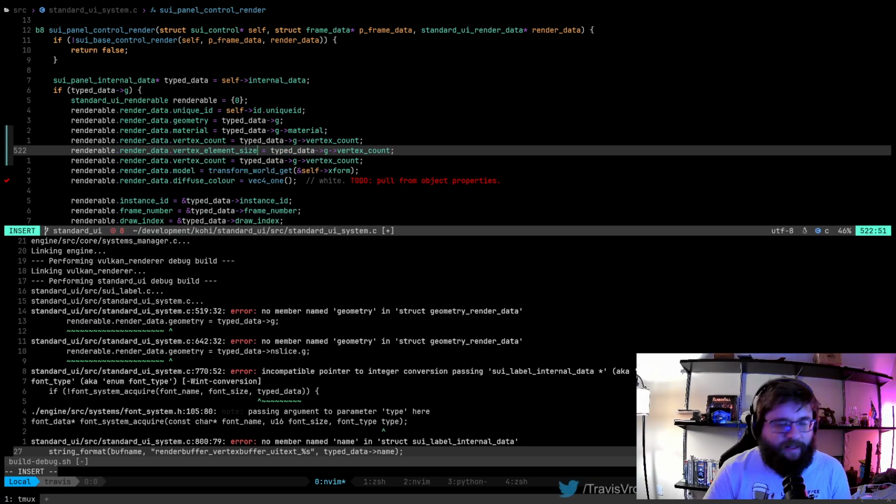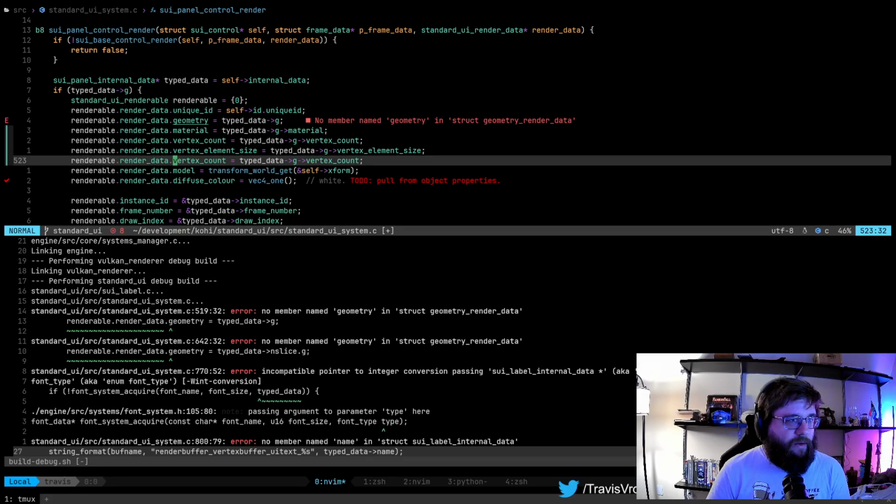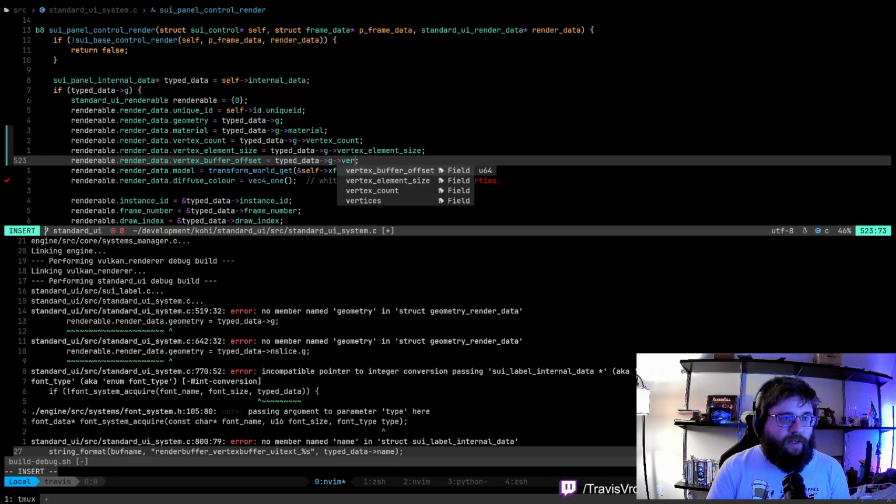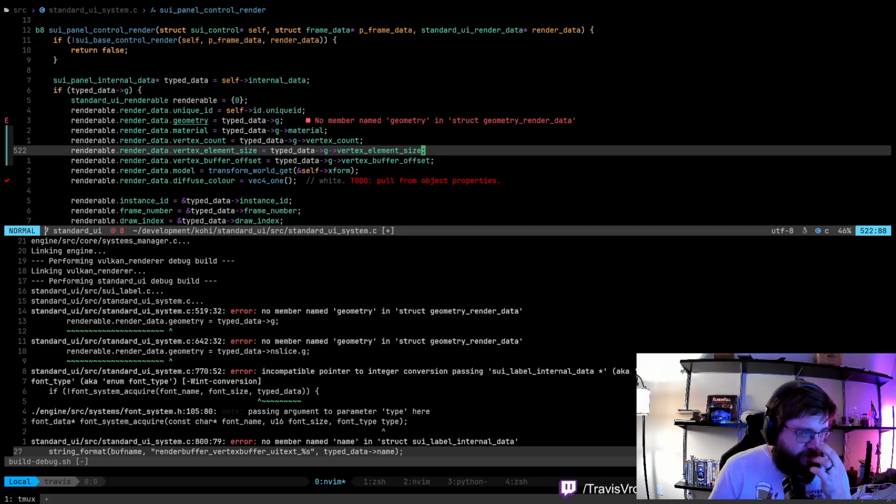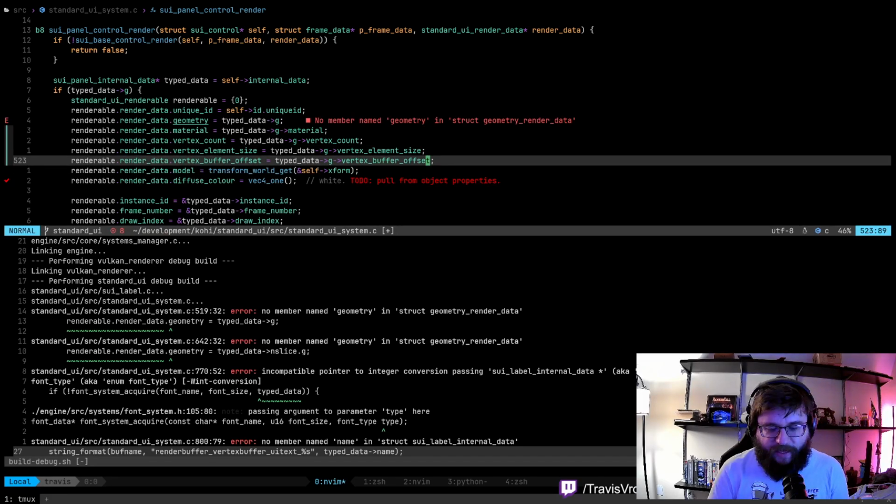Yeah, let's take the element size. Vertex element size, and then vertex buffer offset. That's the more important one. I don't think we need the element size, but we'll go ahead and take it just in case.